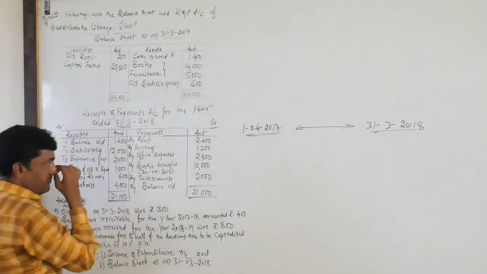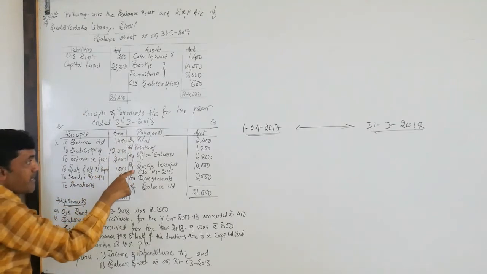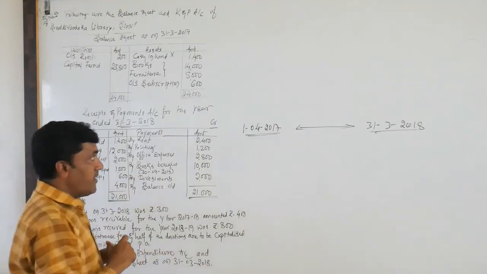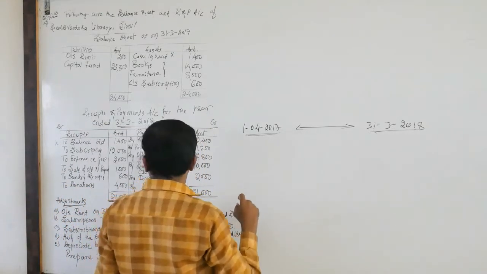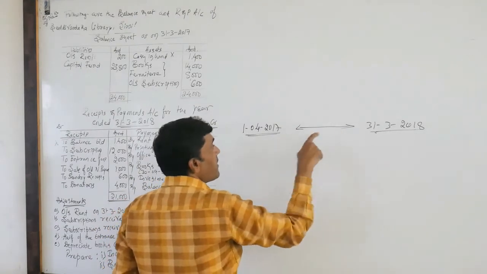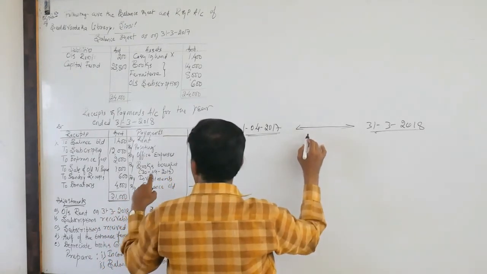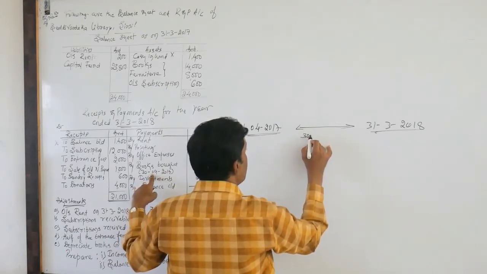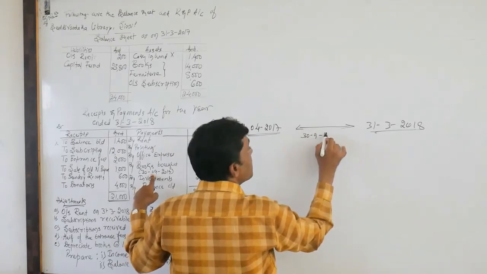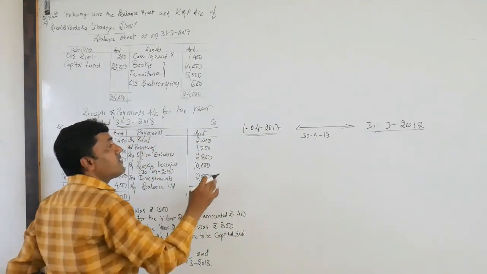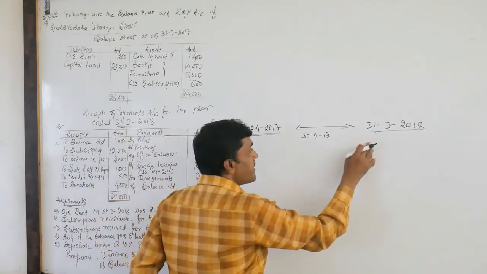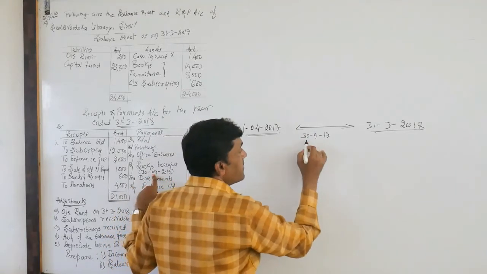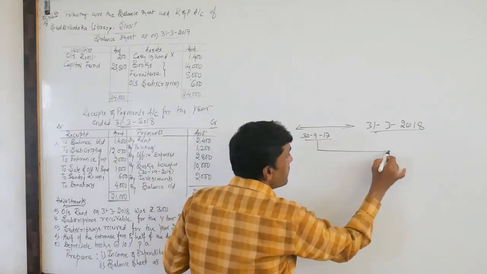Books 14,000. Additionally purchased, look at the payment side: additionally purchased books bought on 30th/9/2017, which falls in between the opening and closing dates. I would like to write the date here on which we purchased additionally, 30th/9/17. We have not purchased on the opening date, and we have not purchased on the closing date. So here they have mentioned the particular date, 30th/9/2017, and from here up to year end.